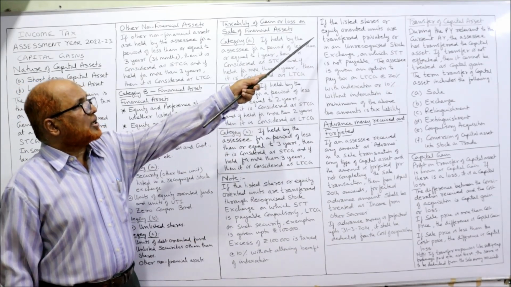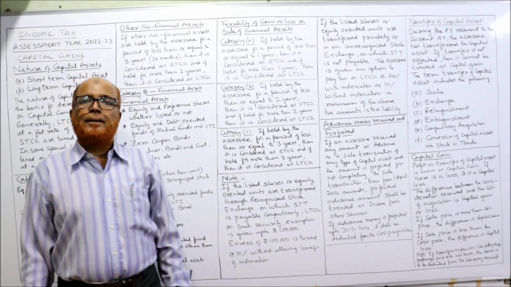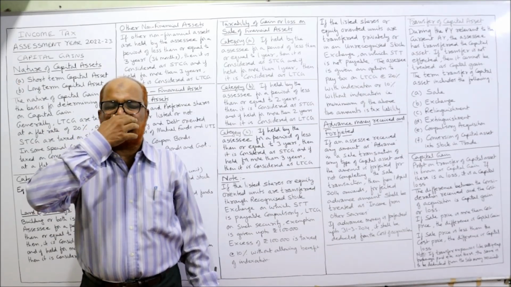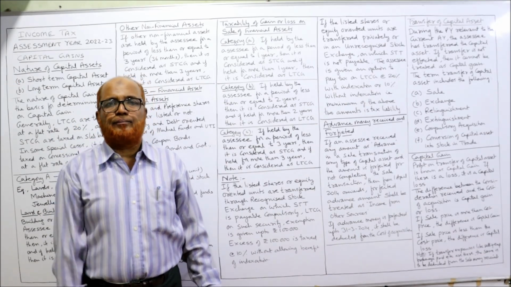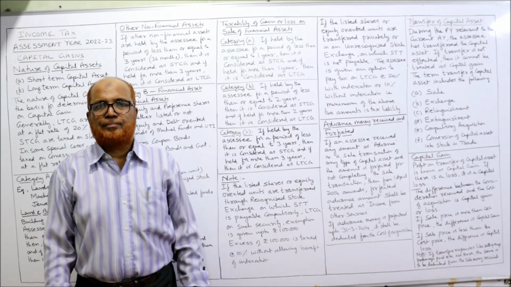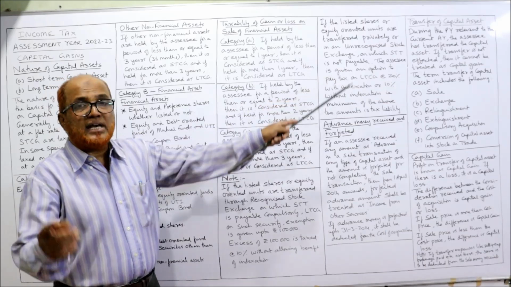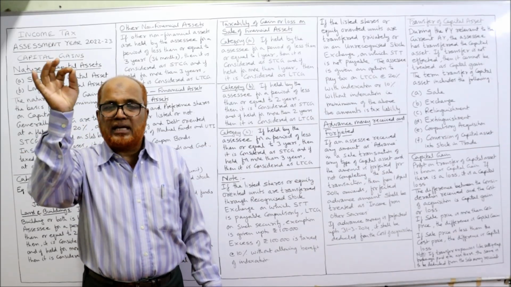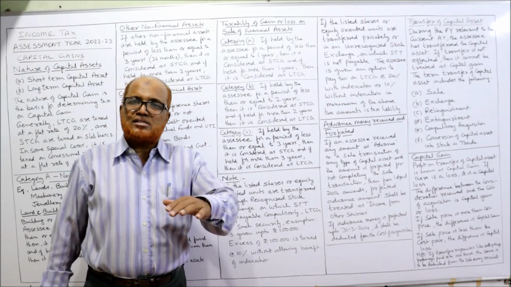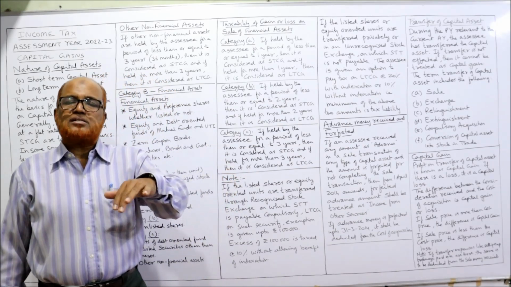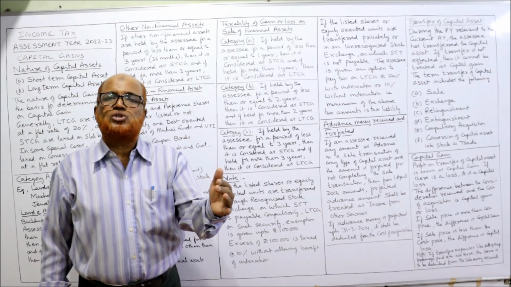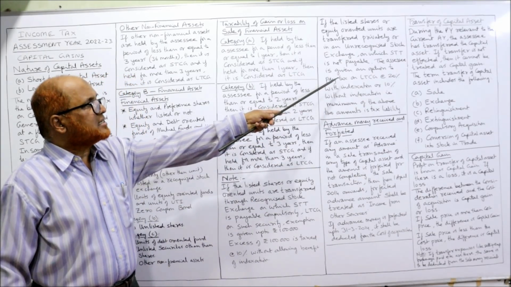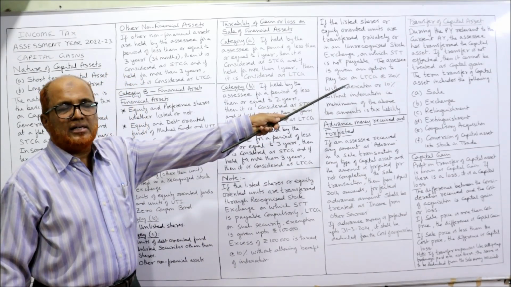Now, if the listed shares or equity-oriented units are transferred privately, suppose the shares are not sold in the stock exchange, but are sold privately or in an unrecognized stock exchange, then the provision says STT is not payable. STT is payable only if the shares are bought and sold in a recognized stock exchange. If the shares are transferred privately or in an unrecognized stock exchange, then STT is not applied. When STT is not applied, the SSC is given an option to pay tax on LTCG at 20%